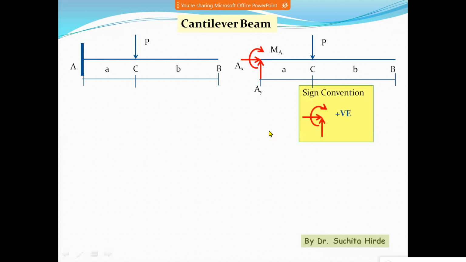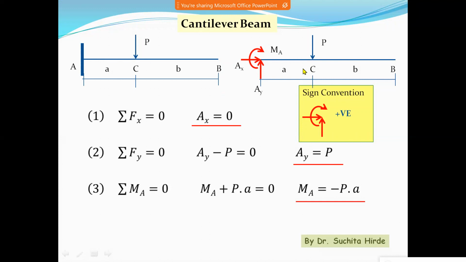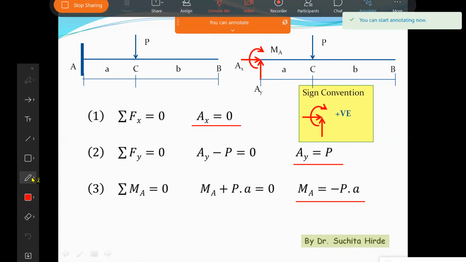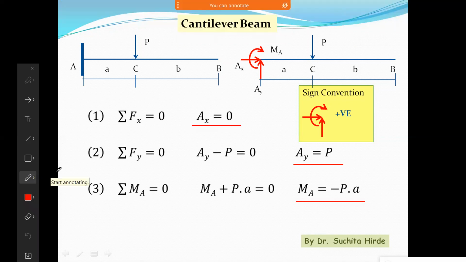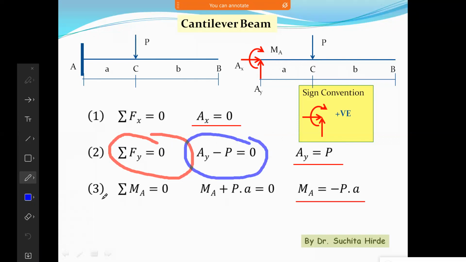Now, while teaching, suppose you want to explain something on this slide, you want to highlight something, then you can use this button, this icon which is here, annotate. Click on this. You can highlight anything. You can change the color if you want. If you want to write something, you can click on this text and you can write here.